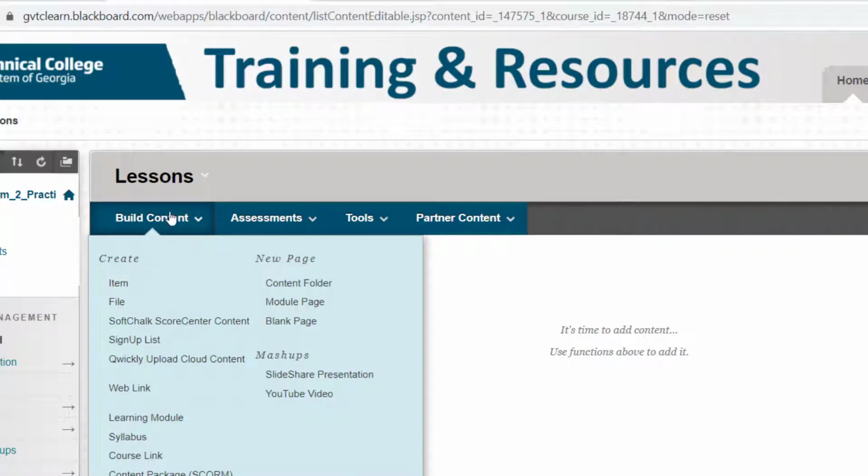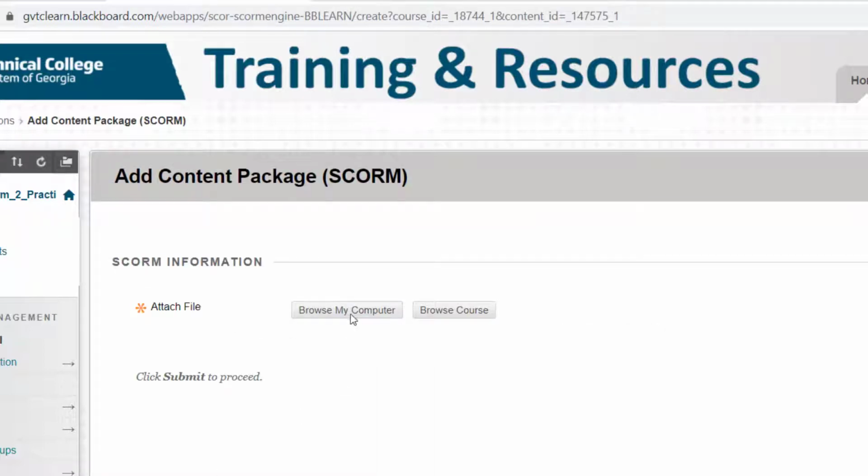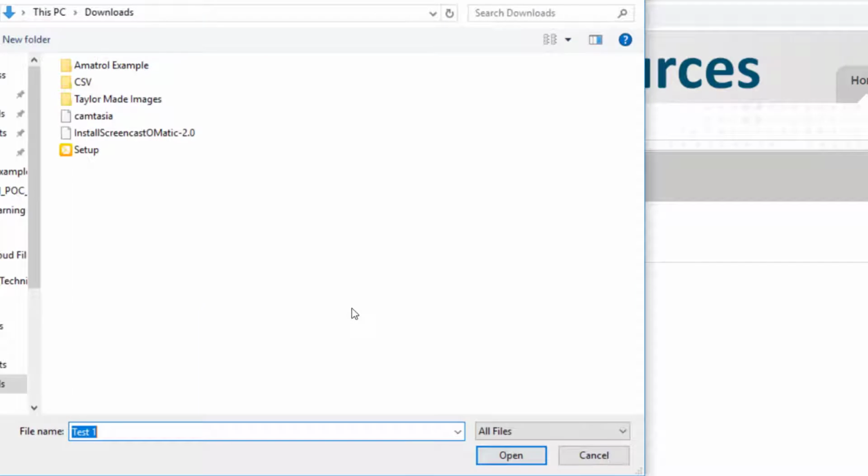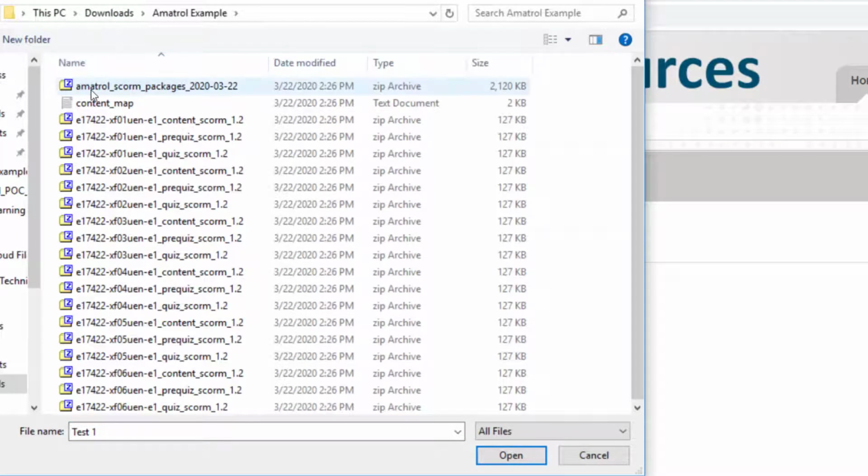Here I'm going to build content. And at the very bottom left, you'll see it says content package SCORM. I'm going to browse my computer and go where my zip files are at. Of course, this main one up here is the big file. That's not what I'm after. I would take my content map and look at what it is I want to build first. So I'm going to grab this content,